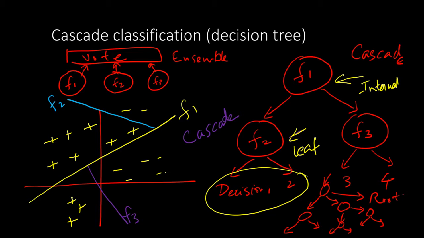Here, the first node where the data enters is the root node, and all the other nodes below are either internal nodes or leaves, and the leaf nodes are where the final decision gets made. So this is a cascade, and usually they can be implemented as binary classifiers, but